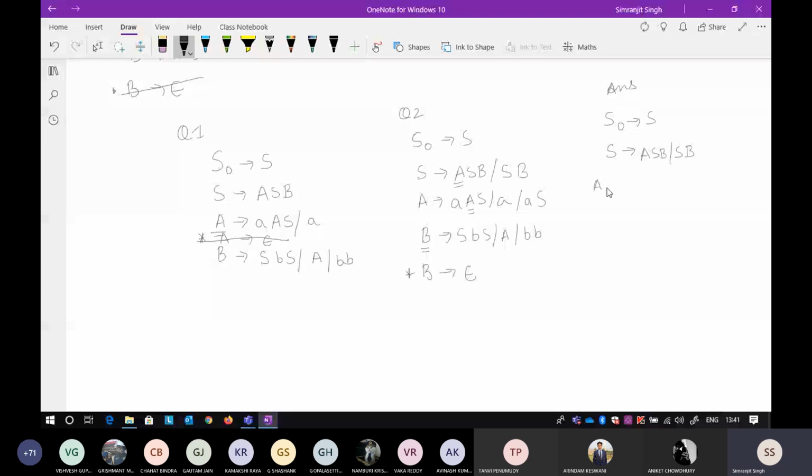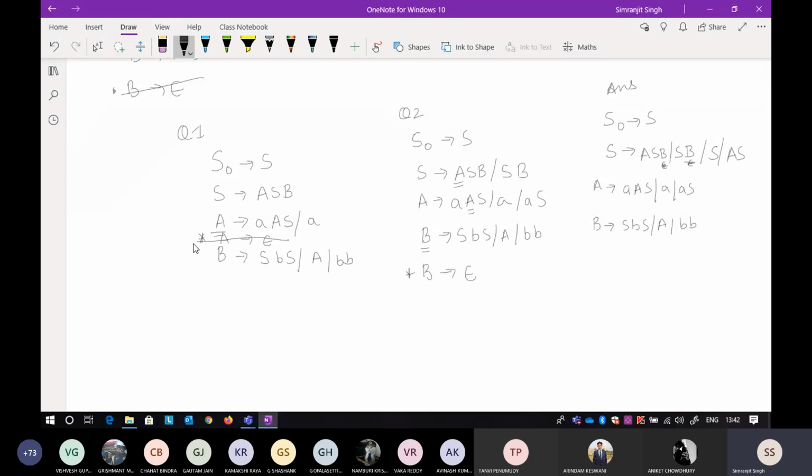Okay, so there will be multiple things that come into existence. So just let me show you. I'll write all the things as they are, AAS, and then A, and then ES, and then for B that is SBS, and then A, and then BB, and I do not want to write this B. Okay, so now put the B as epsilon here. So by putting B as epsilon here, obviously this particular thing will become S here. Now putting B as epsilon here, it will become AS. Okay, so these two productions are included.